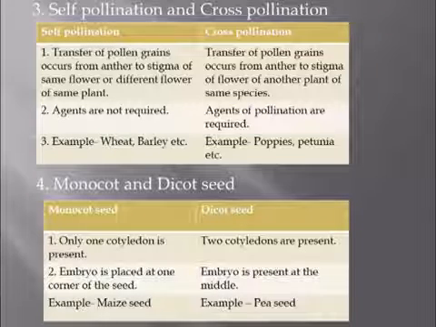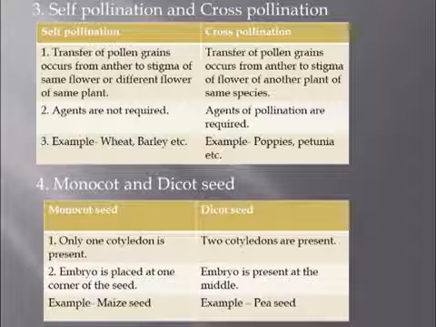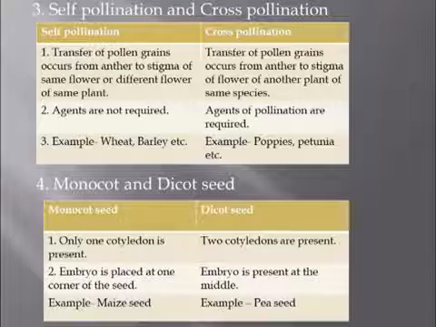In self-pollination, as it occurs within the same plant, agents are not required to transfer the pollen grains. Whereas in cross-pollination, since the pollen grain has to travel from one flower to a flower on another plant, agents are required. Self-pollination occurs in wheat and barley, and cross-pollination takes place in poppies, petunia, etc. Now the next